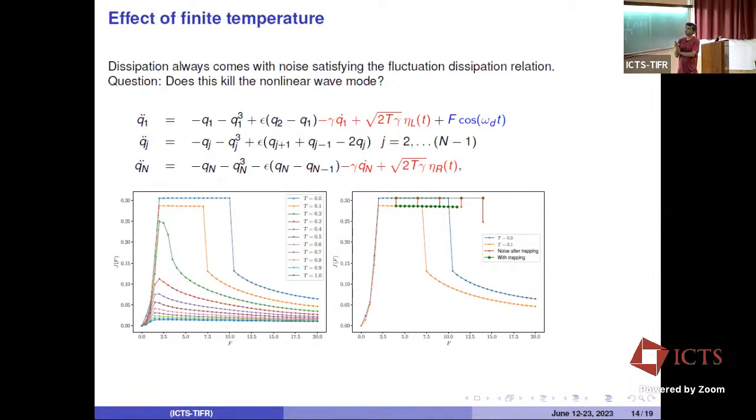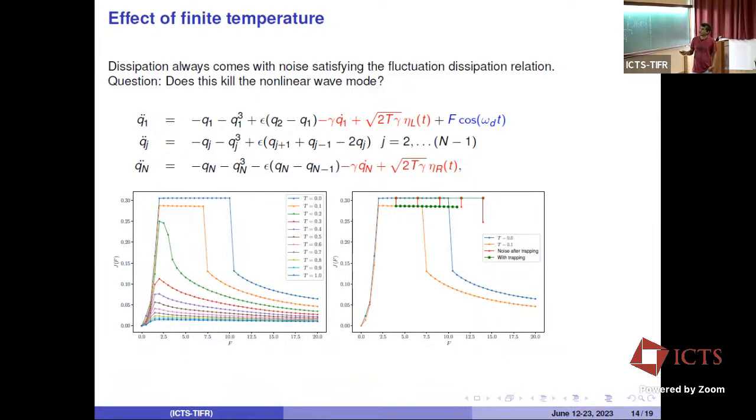So the second thing we wanted to look at is what if you add noise here? Does it stay? You just add these terms at both ends, and this is at various temperatures. Both ends are at the same temperature, and you look at different temperatures. As you can see, if you put a small temperature, it pretty much survives. At higher temperatures, of course, you lose the transition, and it looks like the usual stuff. But at least at some temperature, this plateau survives.